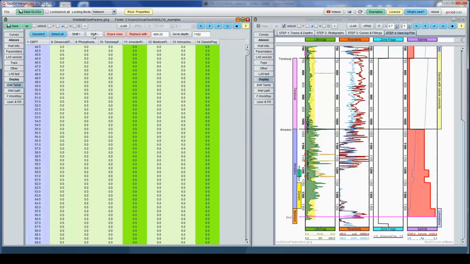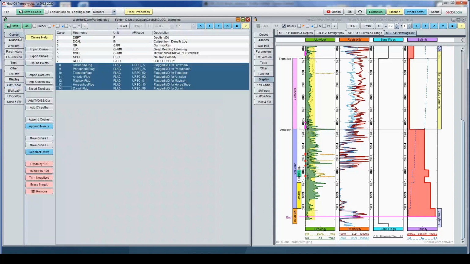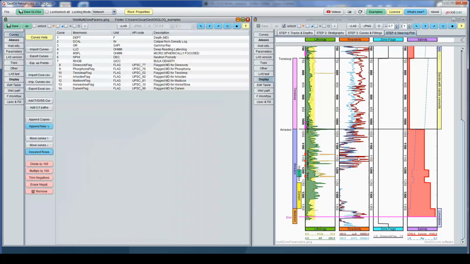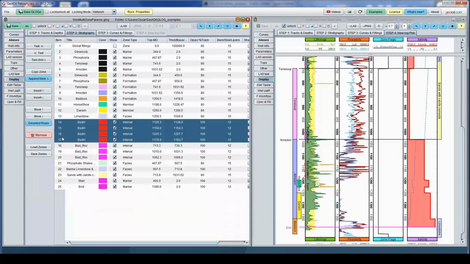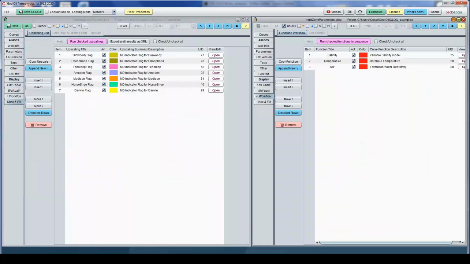So these are the indicator flags. Now there are some additional zones marked here. So we have formation, and nested inside formation, we have members inside formation.